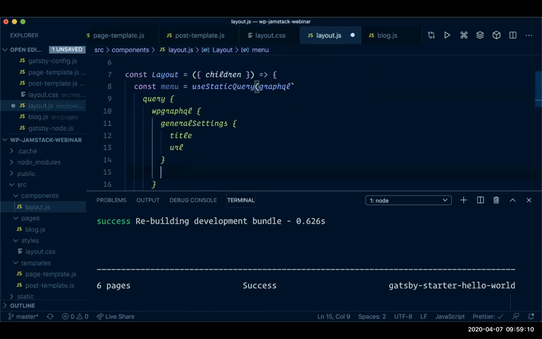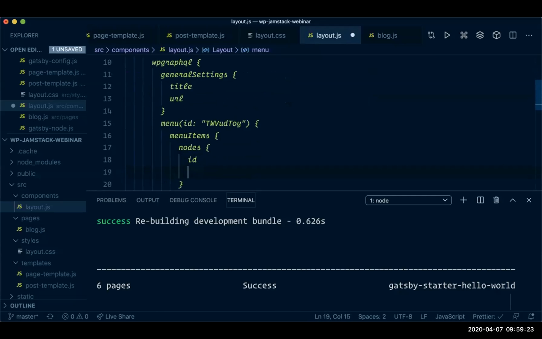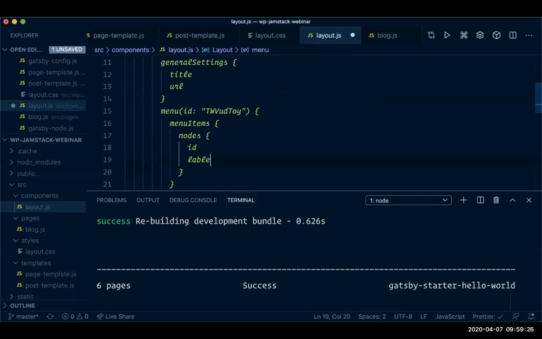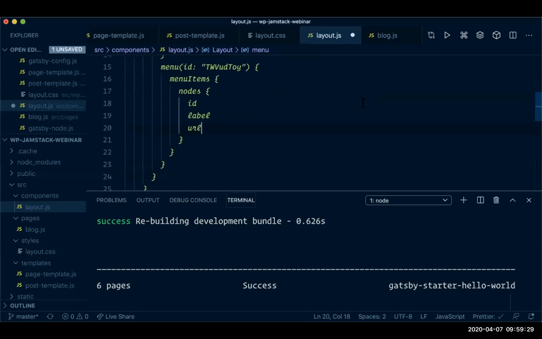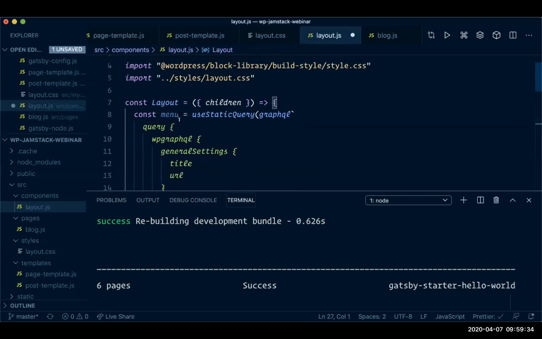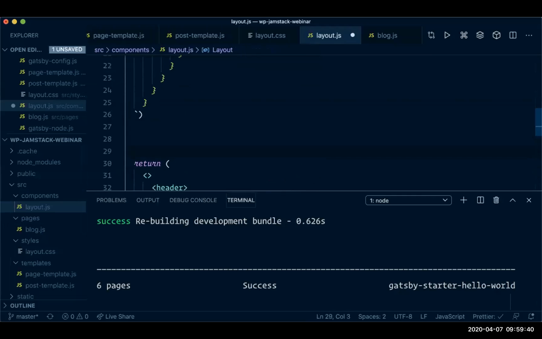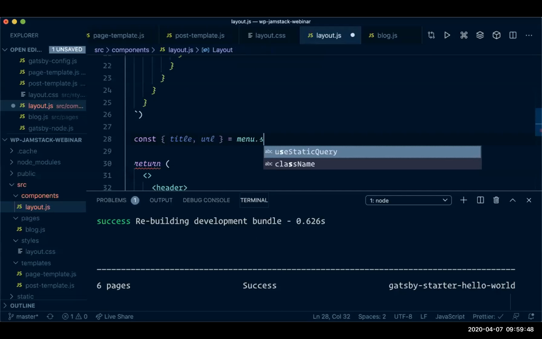And then I also want to get the menu ID, and we'll get that ID that I dropped in. So then we can get menu items, nodes, ID, label, and URL. And that will now give us our menu data up here. And so we'll just destructure out the title, and the URL will come out of menu.wp